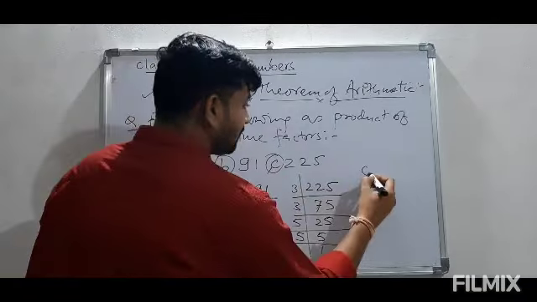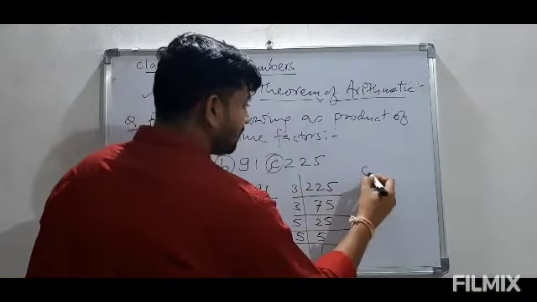For 91 we can write, there are only two factors, 7 and 13, so 7 multiplied with 13. Here no power is there, it means it is 1 and 1 only. There is no need to write it if the power is 1 only. Then the factors of 225 are 3 3 5 5. So it is 3 into 3 into 5 into 5. Now 3 is twice, so 3 power 2. 5 is also twice, so 5 power 2.